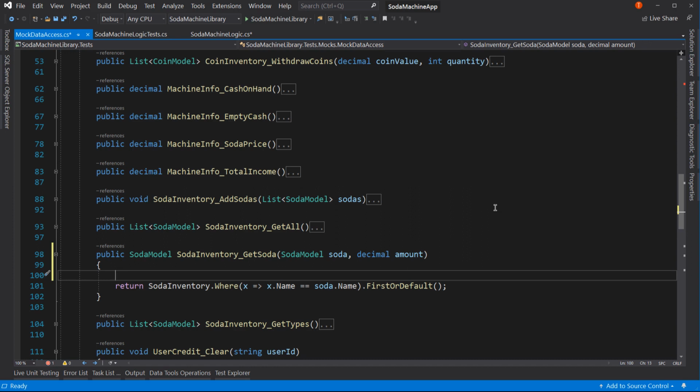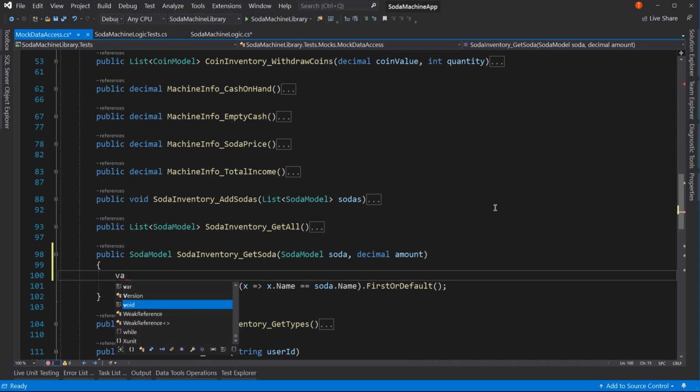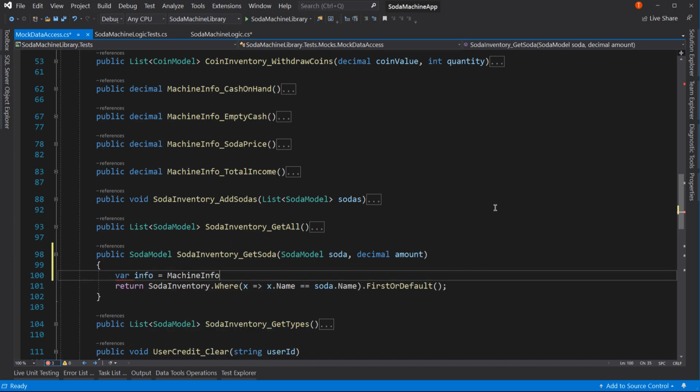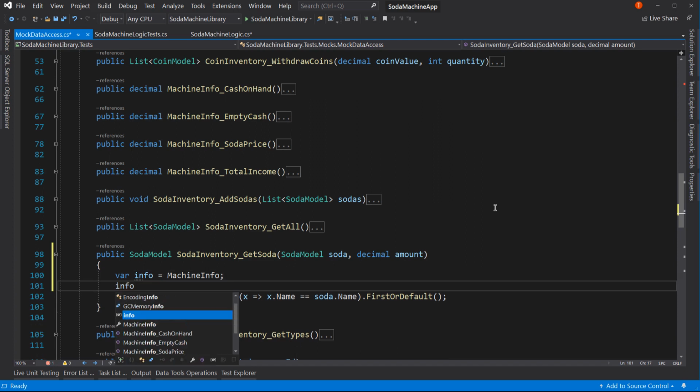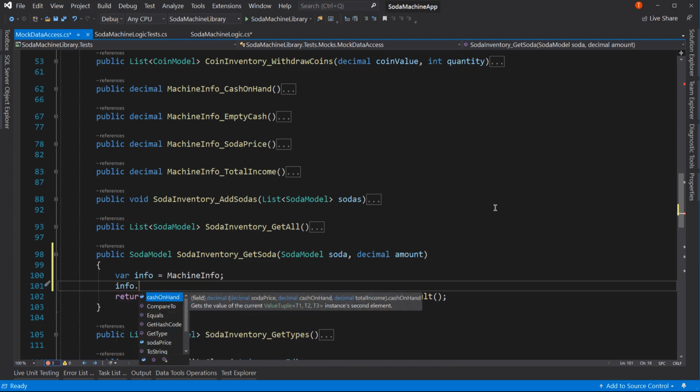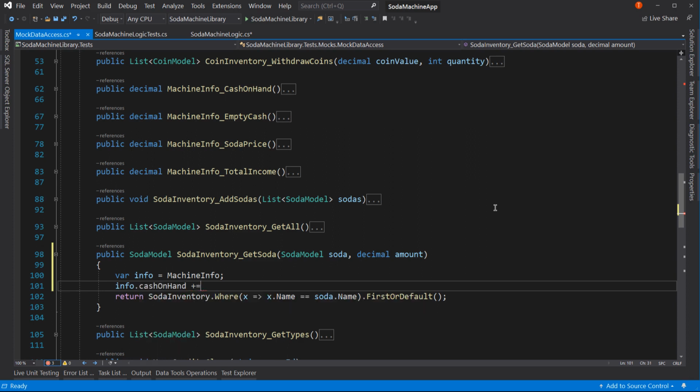So let's say var info equals machine info, like so. Then we can say info dot cash on hand, and say plus equal